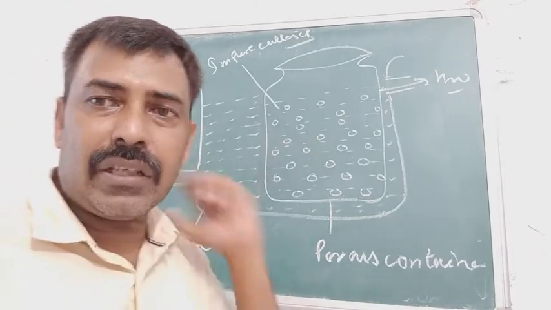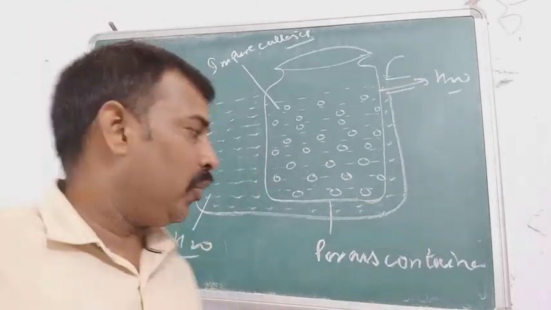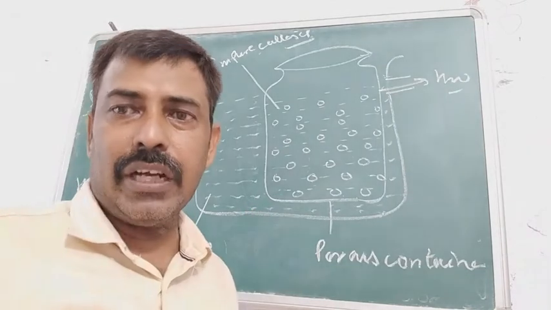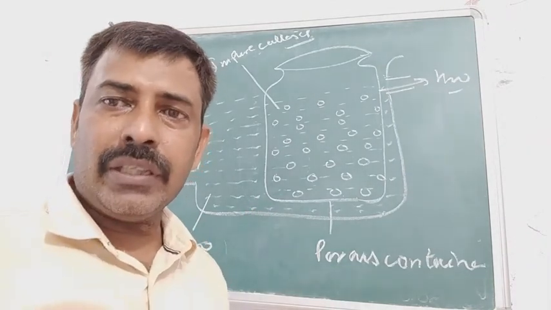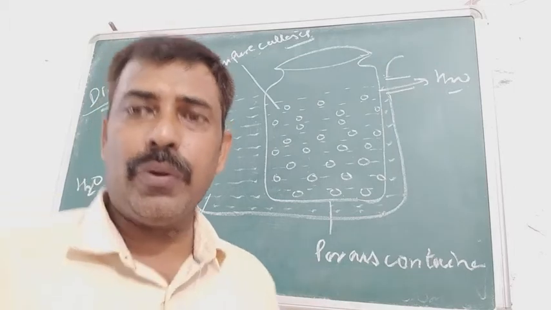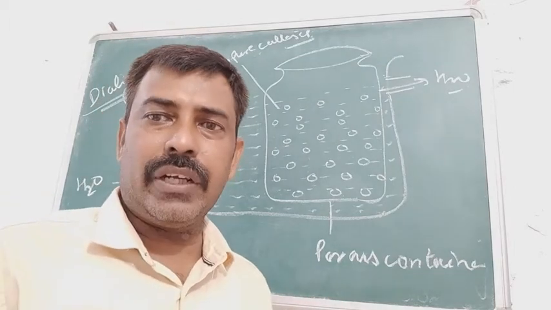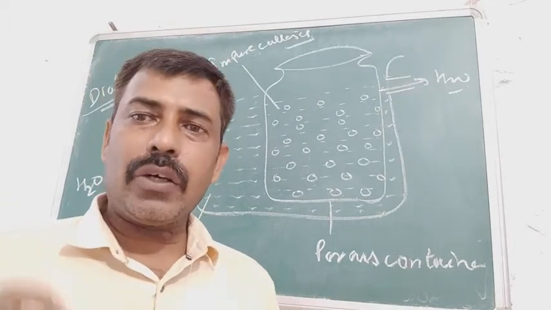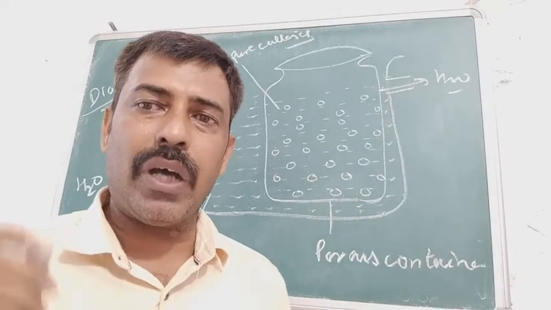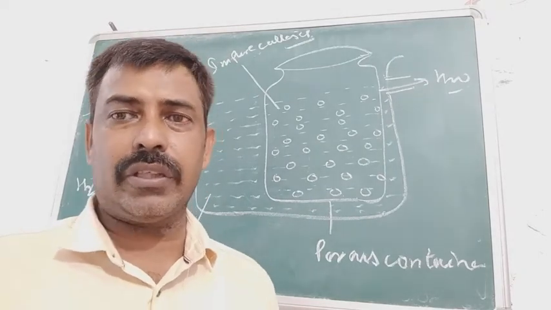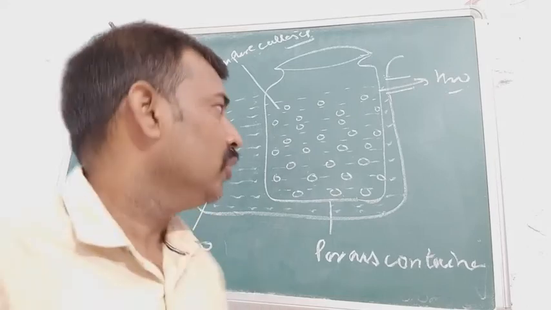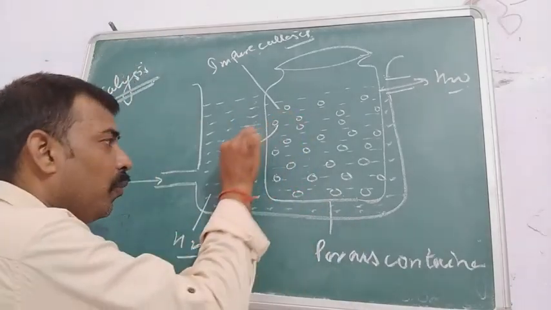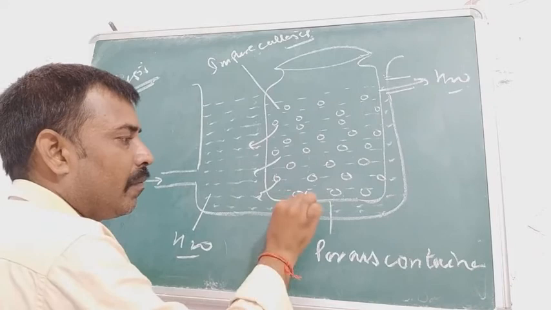The electrolytes are already available in your colloid, and you are taking pure, distilled water. In this condition, diffusion will take place through the porous container, and we know that the electrolytes, that is the solutes, move from higher concentration to lower concentration. So the electrolytes will move outside the container,